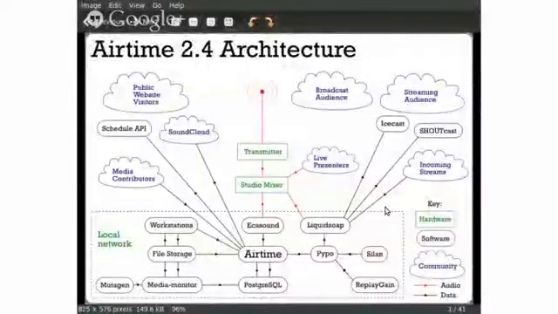You can see that everything inside the green dotted line is on the computer that you've got. And then the Icecast server or the Shoutcast server can be on a completely different machine, or it can be on the same machine that you're running Airtime on, so inside the green box. That's what I'd like to do. Yeah. So if you type localhost into the